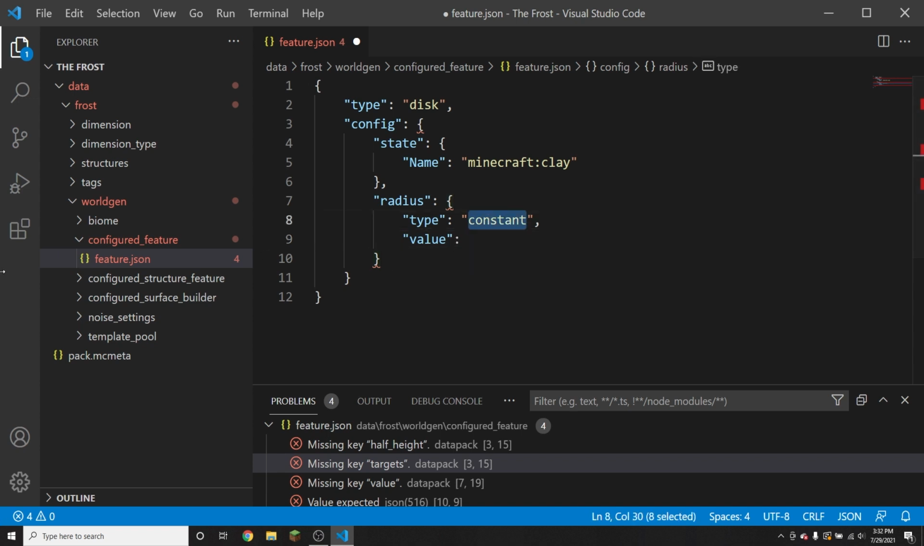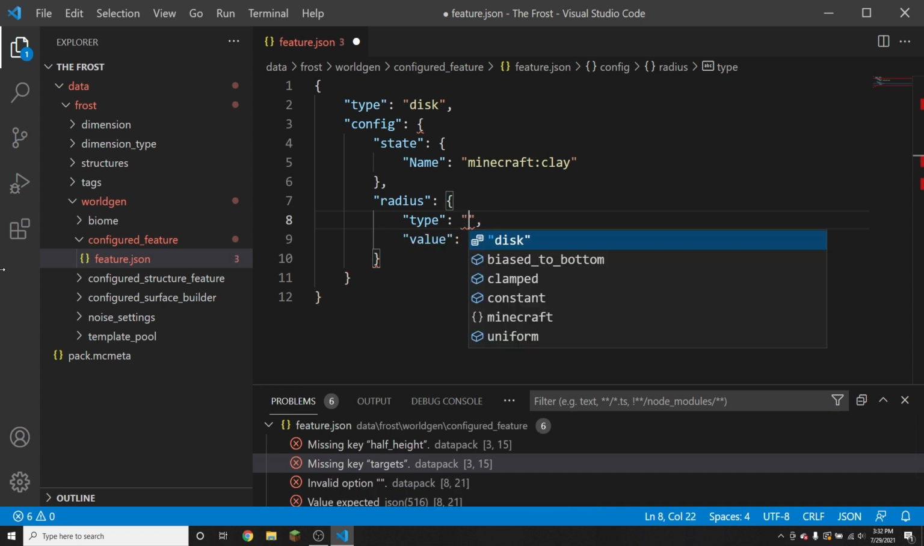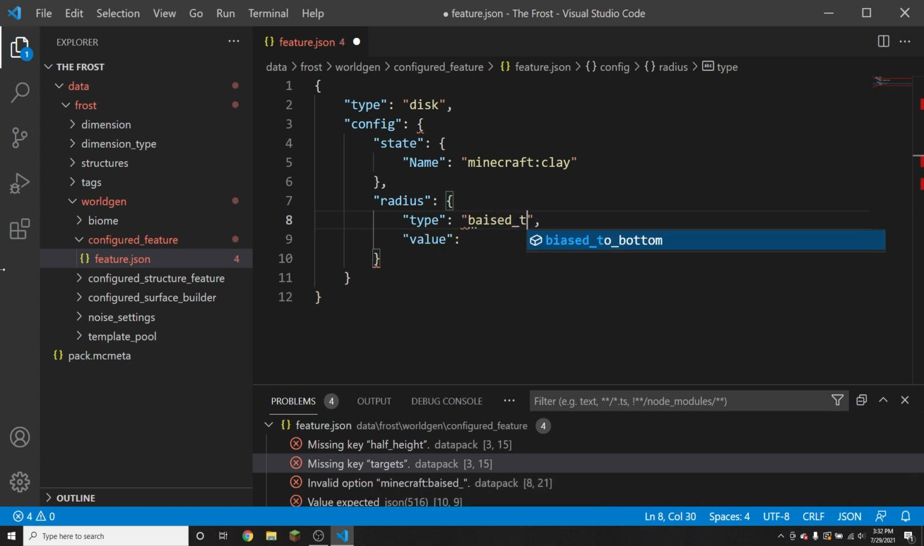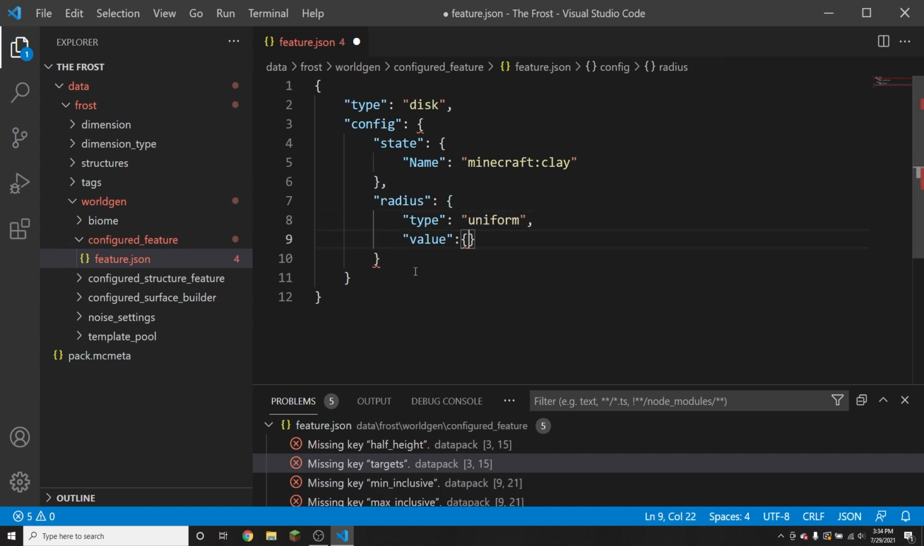There's also uniform, or there's biased_to_bottom, and these are basically the same, except biased to bottom will choose a smaller number more often than the uniform number will. So the uniform number will choose unbiased from a range, and biased to bottom will intentionally choose smaller numbers. So what Minecraft uses for this is uniform, and for value, you need to open up some